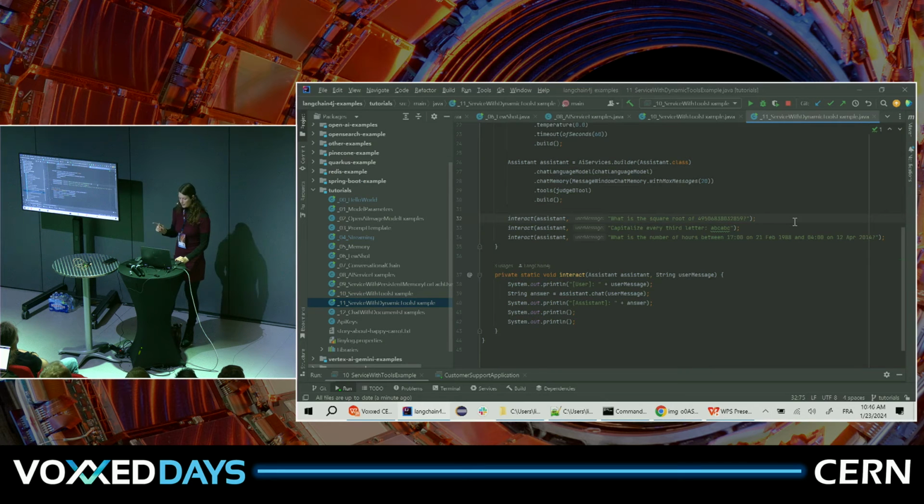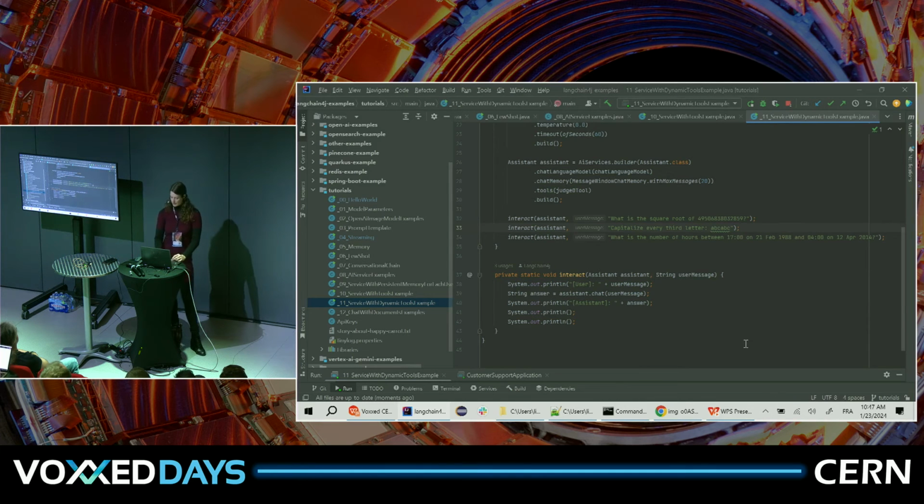Before I run it, I also ran these questions to simple ChatGPT to see if it can actually handle it on its own without special coded tools. And interestingly, there was one that it could handle. Who thinks it was the first one that ChatGPT can just handle out of the box? Who thinks it was the second one, capitalize the 3rd letter? Right, some people. And what's the number of hours? Right. It was actually the square root. It gave me the perfect answer on this square root question, and it failed on both other questions.